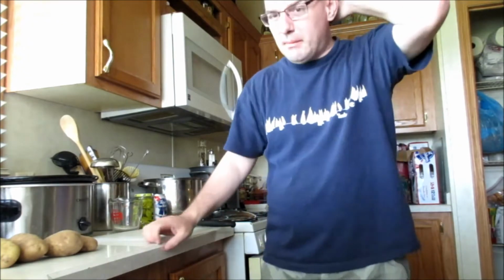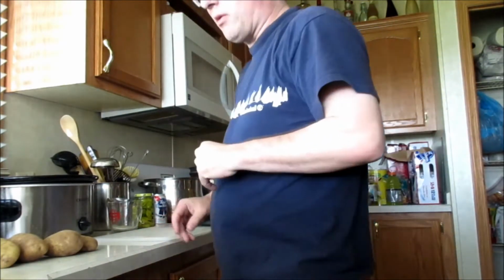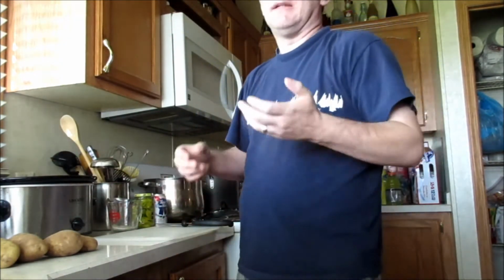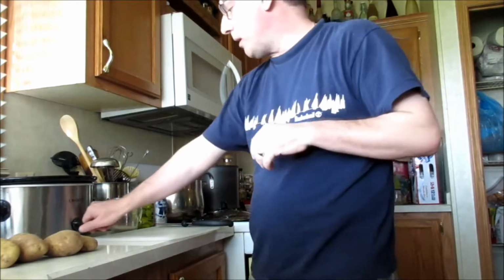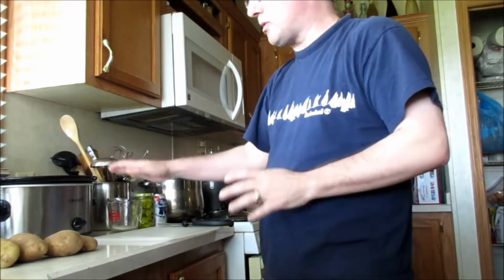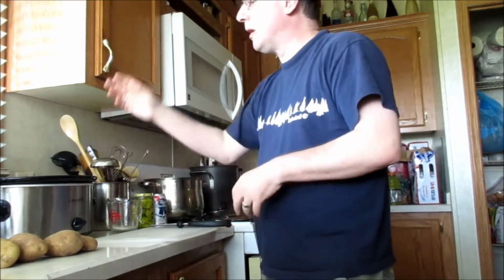Alright, today we're going to be making an Italian brisket with potatoes. Got the slow cooker because brisket is a good meat that takes a decent amount of time to cook. So I'm going to turn this on to warm, not low, not high, but warm, so that it starts to warm up. But I don't want it too hot, so that when I add the liquid to it, it cracks